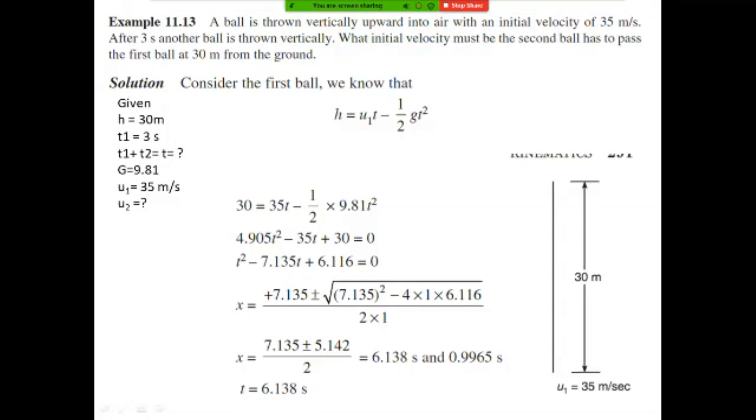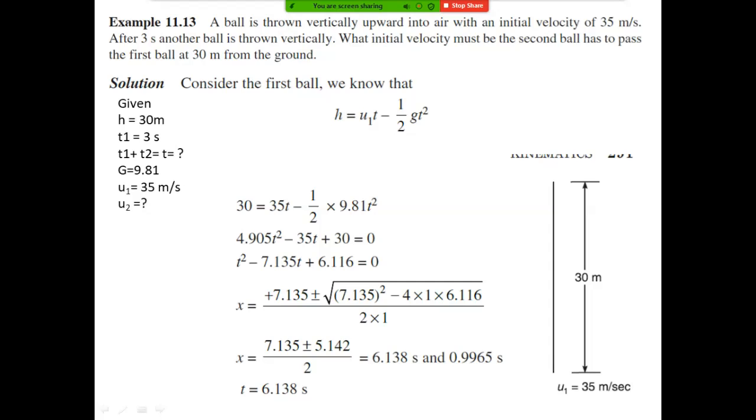First for this we have an equation for distance: h is equal to ut plus half gt square. Instead of a, here g is there, and instead of s, it is h. The negative sign is because the balls are moving upwards against the gravity. That's why the minus sign. Okay, this is the equation.